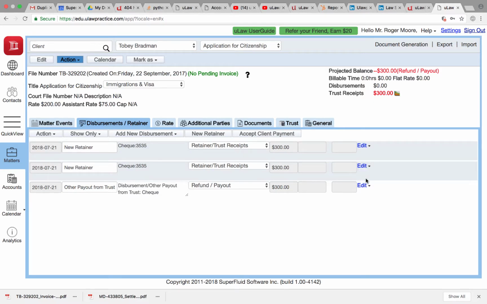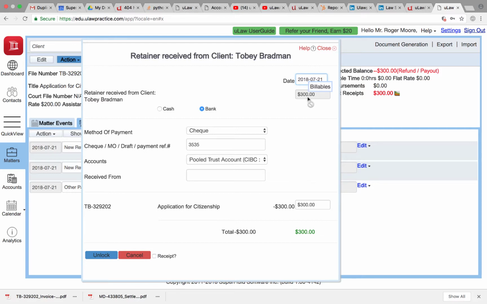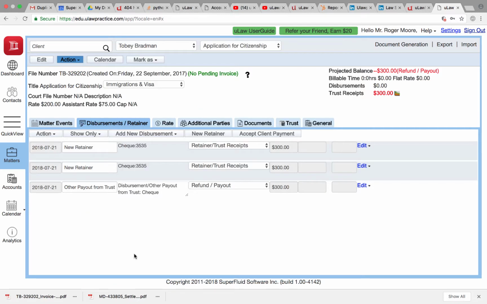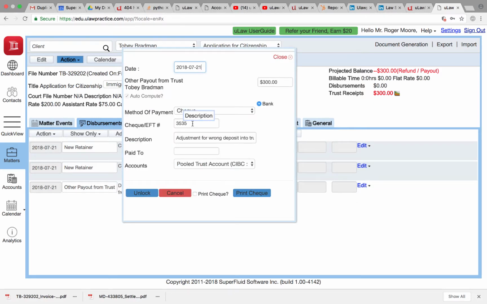So again, if you had not invoiced, editing and deleting is very simple. You just say edit item and you would change this after unlock to 0 and save, and it will go away. And if you actually invoiced it, because it's locked, now what you would do is you would actually put an other payment from trust and you would put the reason, saying give the same check number and give the reason, and you would actually